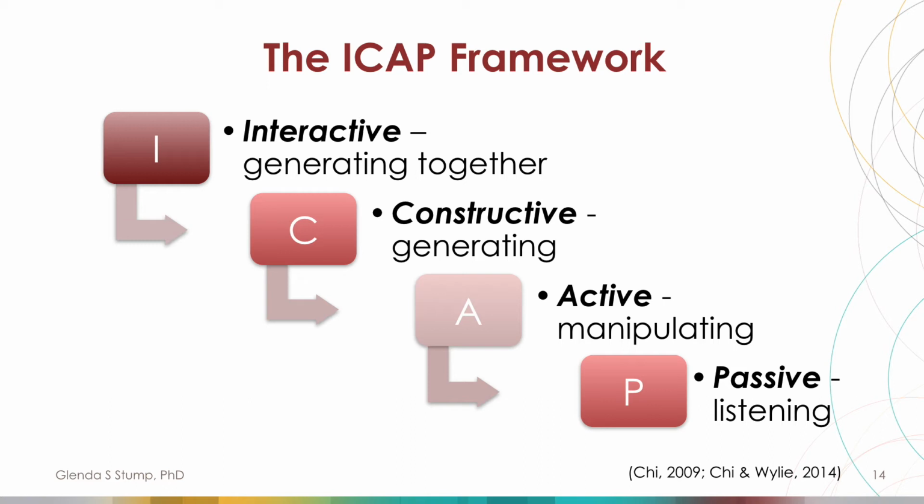Next up the hierarchy is the active mode of engagement. This is when students manipulate the information or focus on it. You can do that by taking verbatim notes, by plugging numbers into a given formula, or, when you're reading something, underlining it, highlighting it, or pointing towards it. If the activity is completing a worksheet, an active mode of engagement can include recalling information that has just been